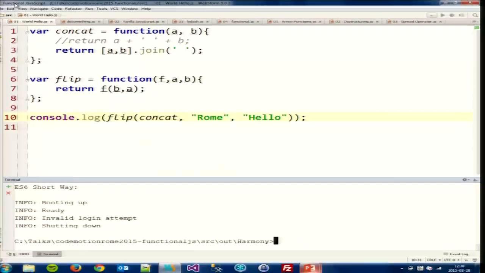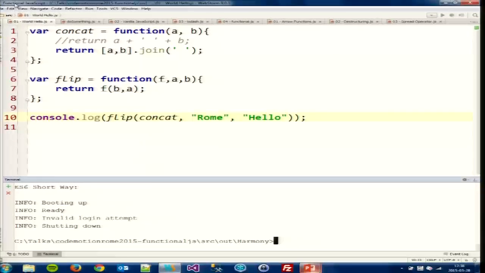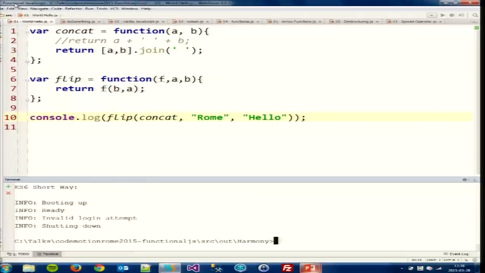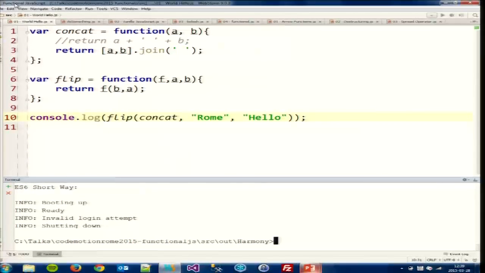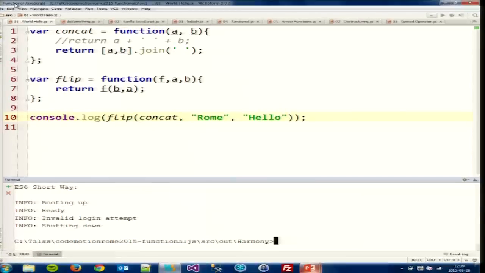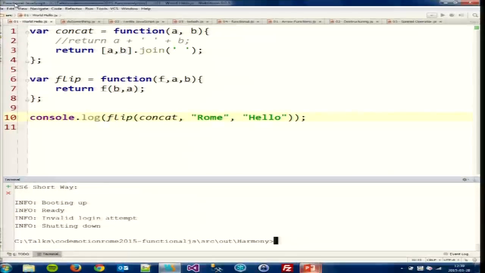And also, I'm trying to prepare some ground for the demos that will come next. In the next demos, we'll be doing a lot of flipping of arguments. That's why I created the function that flips arguments, and it takes a function, a first and a second argument, and then it executes the function with the arguments reversed. So combining those two, I pass in Rome, hello,